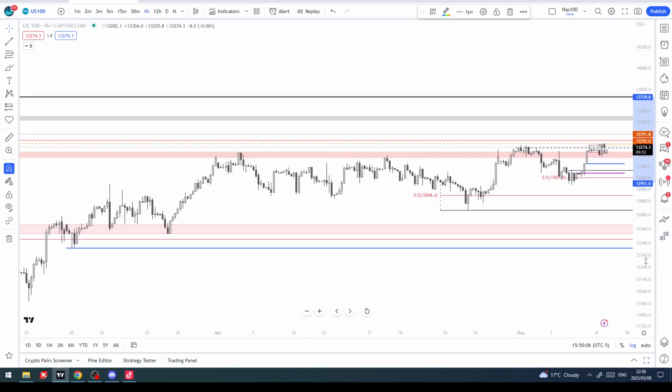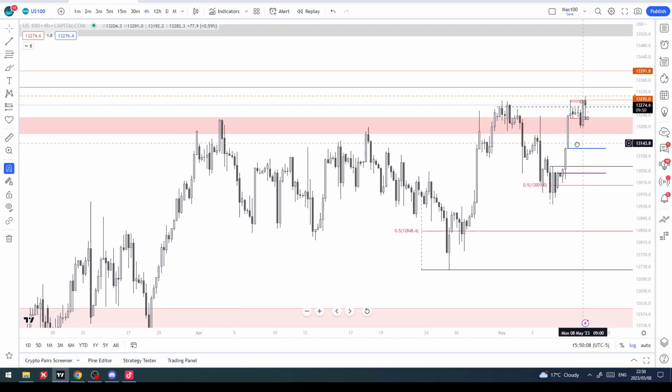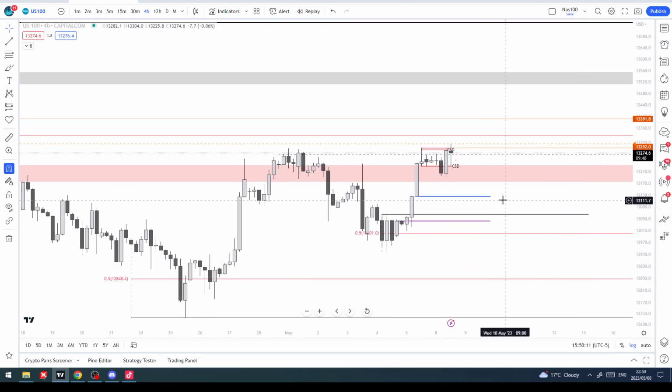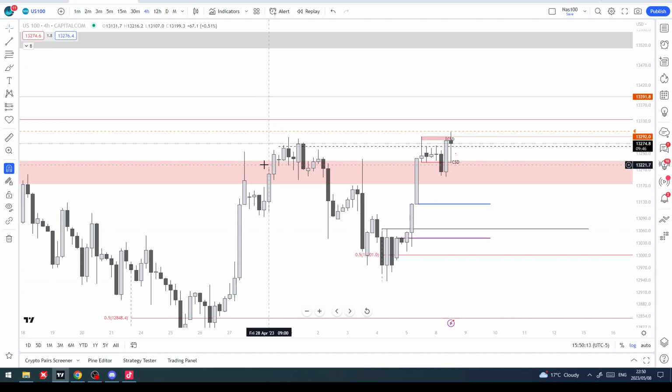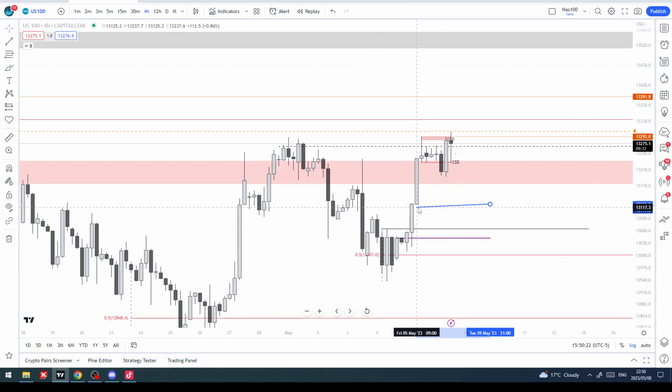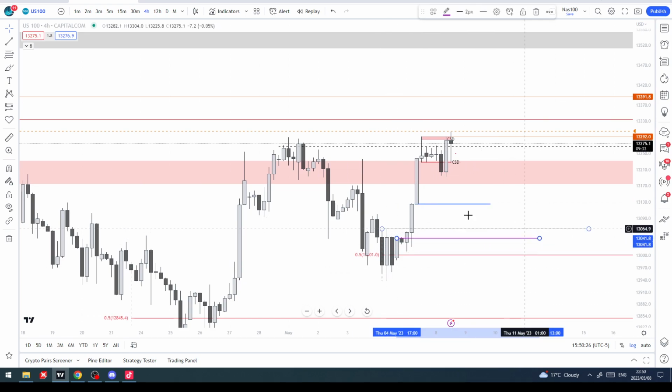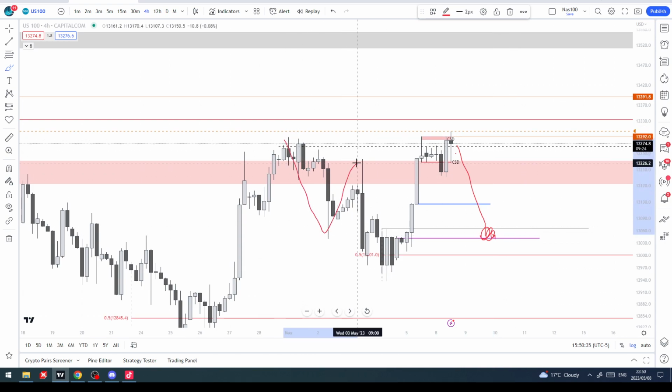The only reason I am short on NAS is two reasons. There's another blue level here. This was the candle that broke the high with speed. The very next candle here, that's the candle I'm interested in. And the second reason is the need to print down candle bodies here. Also gives us that inverse head and shoulders, right?